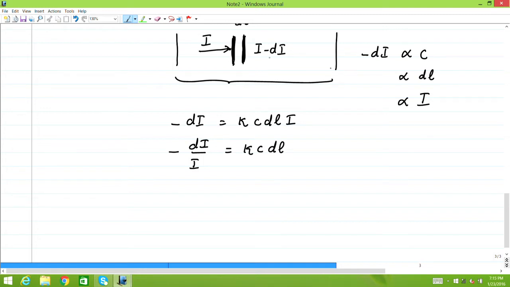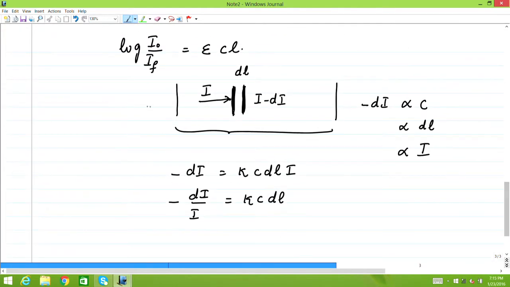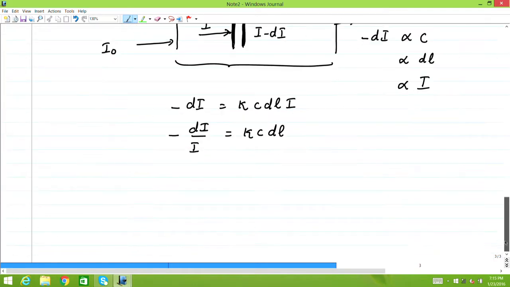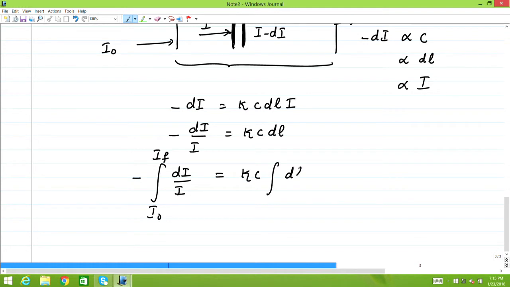And now you extend this argument throughout, and therefore if we start with I naught here as the initial intensity, and if we end up with IF as the intensity of light emitted at the other side of the cell, then when you integrate this equation between the limits I naught and IF, you write dI by I, and the length is also integrated, it is kappa times c dl, from the length 0 here to the length L. So this gives you immediately Ln I between the limits I naught and IF is kappa c L between the limits 0 and L, and therefore you get Ln I naught by IF is kappa